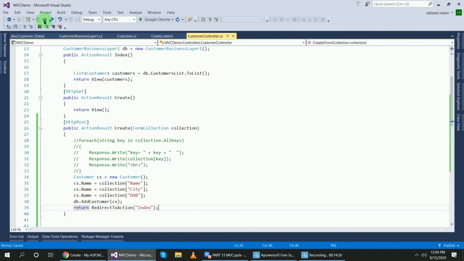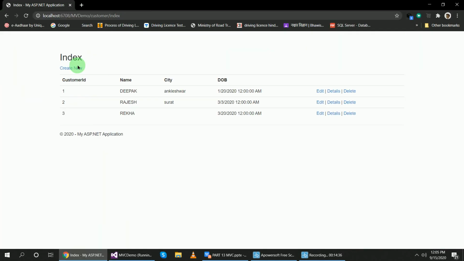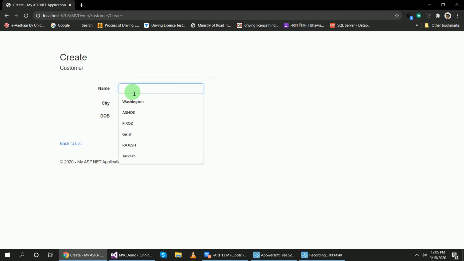so my code is completed here, and we will check. Zakir, Delhi city, date of birth suppose 2020, 09 September 09.